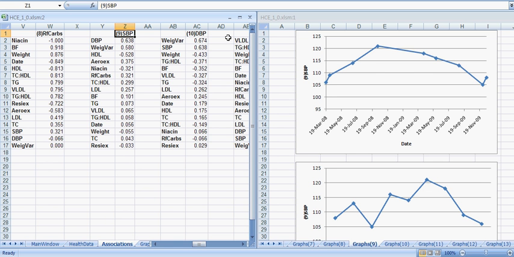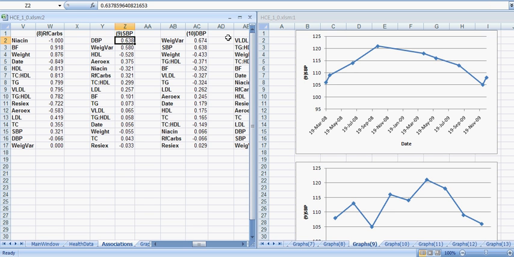What I have here are the results of an analysis that I conducted before, and I am focusing my attention on SBP, which is systolic blood pressure, as a dependent variable of other possible independent variables. As I look at systolic blood pressure, I see that there is no strong association, which I would consider an association higher than 0.6, between systolic blood pressure and any plausible cause or independent variable that could cause systolic blood pressure.